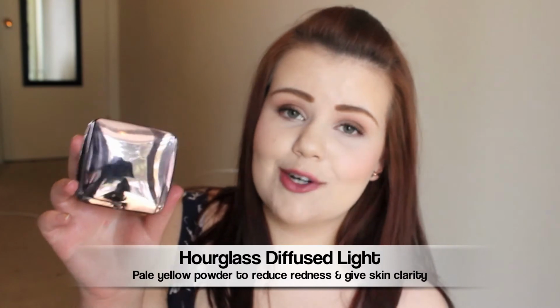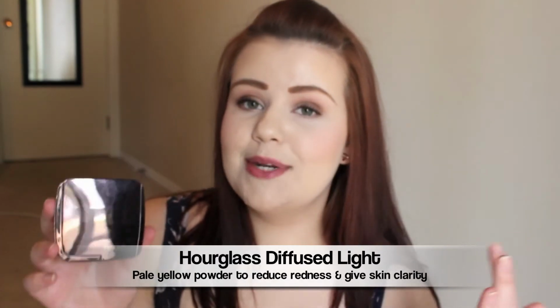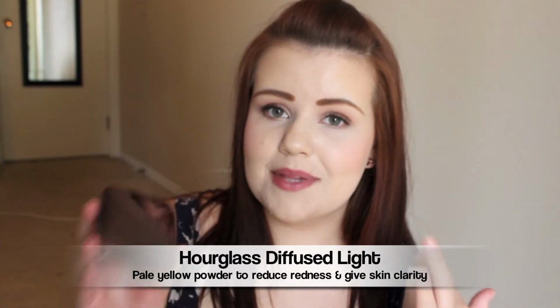It has a really nice radiant finish. It's really illuminating, super easy to blend, and it's the best thing I've found for not creasing on my dehydration lines under my eyes, which is the biggest thing I look for in a concealer, and it is super hard to find a concealer that won't. And then, as I mentioned in my last favorites video, I use the Diffused Light powder to set my under eyes, and I have been using it to set the rest of my face makeup this past month,